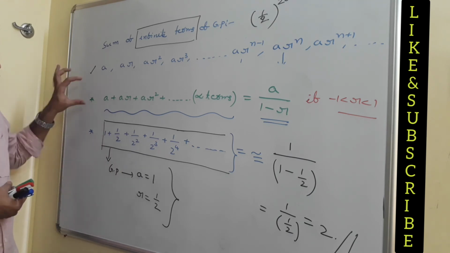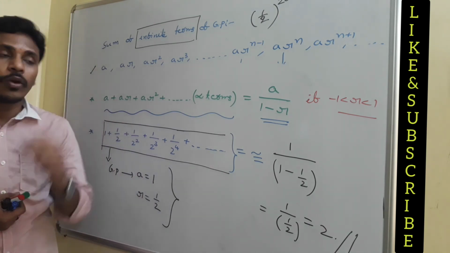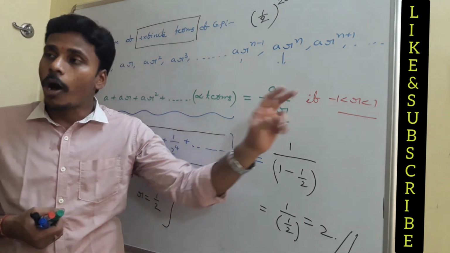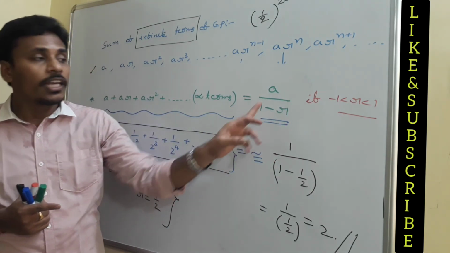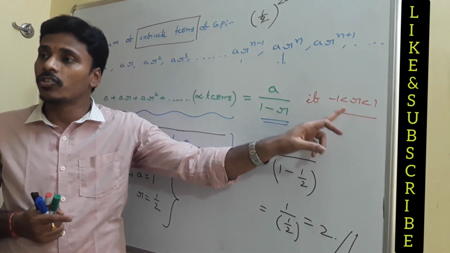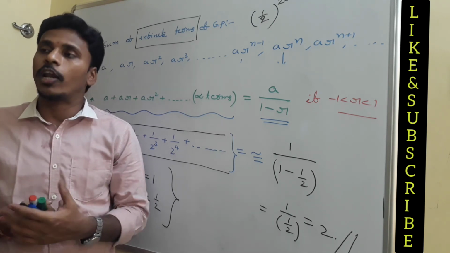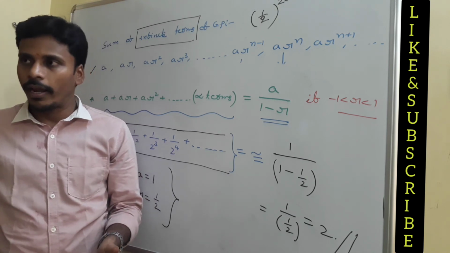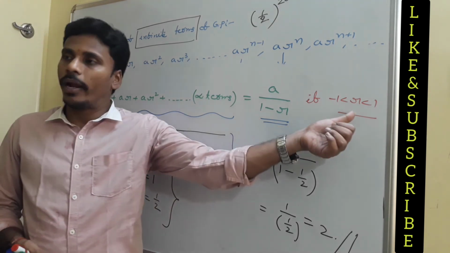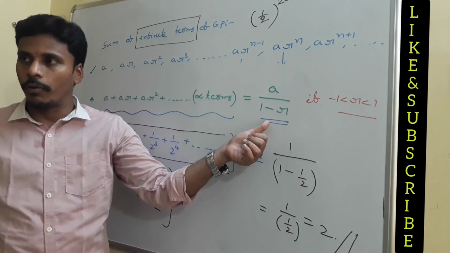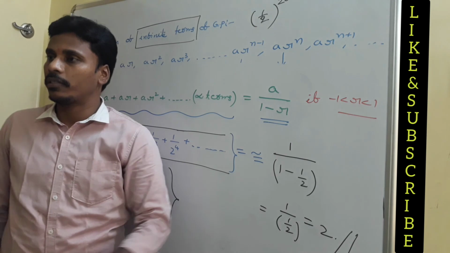Have a look at this once again. If you need to calculate the sum of infinite terms of a geometric progression, first of all you need to look at the value of the common ratio r. If that common ratio is in between minus 1 and 1, then you are allowed to use this formula a by 1 minus r. If that condition is not satisfied, if r is not in that particular range, then you are not allowed to use this formula. Then you just directly announce that the sum of infinite terms is infinity. See, in this particular problem, my common ratio is 1 by 2, which satisfies the required condition. Then I can use this formula. a is 1 and r is 1 by 2. 1 divided by 1 by 2 is 2, and that's my answer. Just have a look at this.